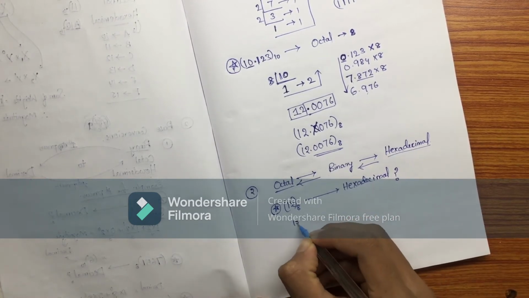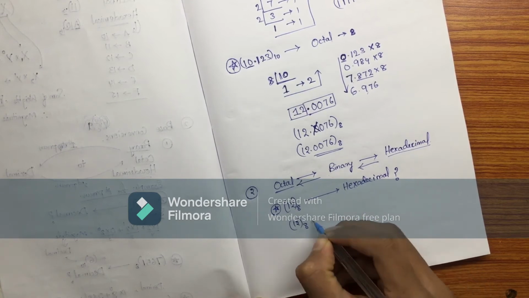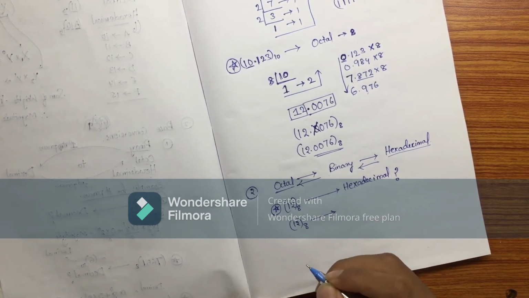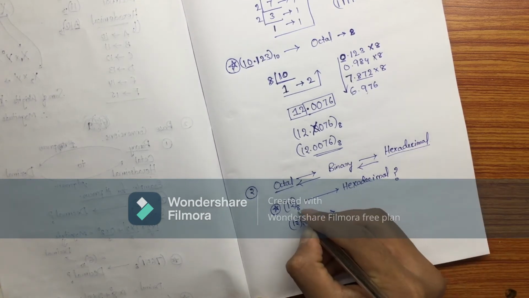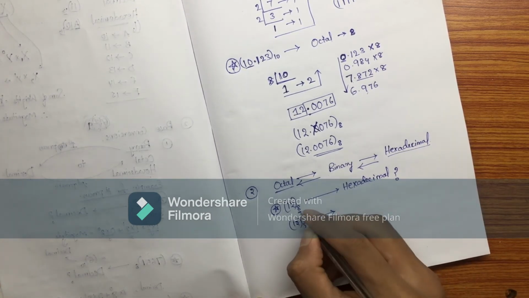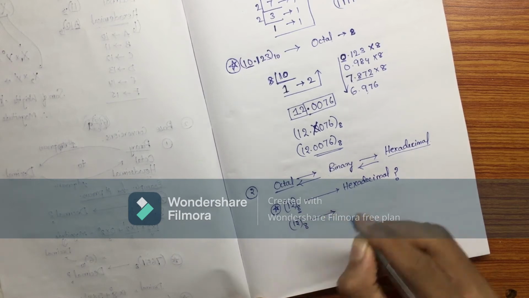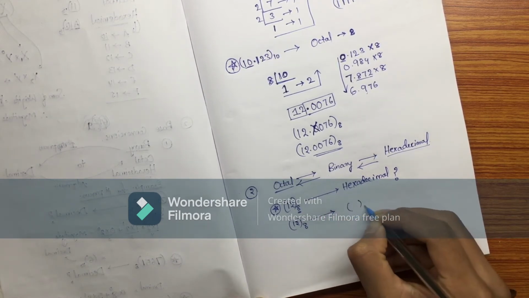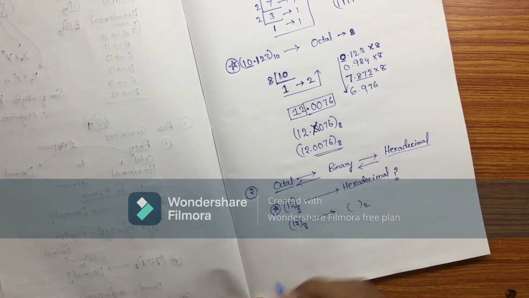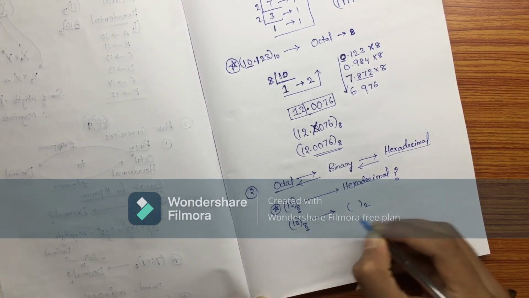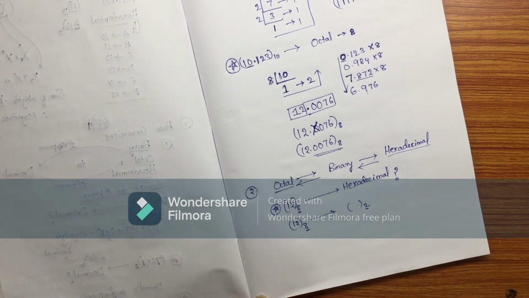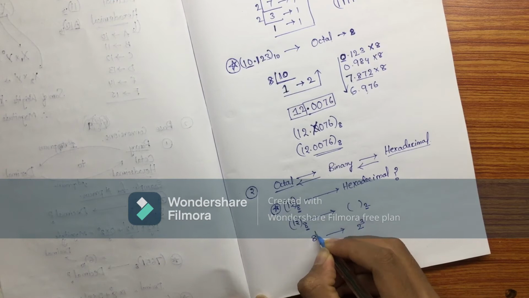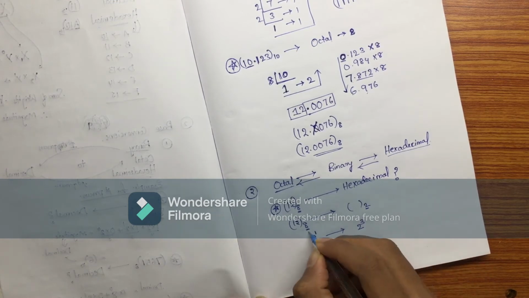First we are going to find the binary. So how to find the binary? Here we know this is base 8, and binary has base 2. So this is some octal number we want to convert into binary. So 8 can be written as 2 cube, right? 8 power 1 is equal to 2 cube.